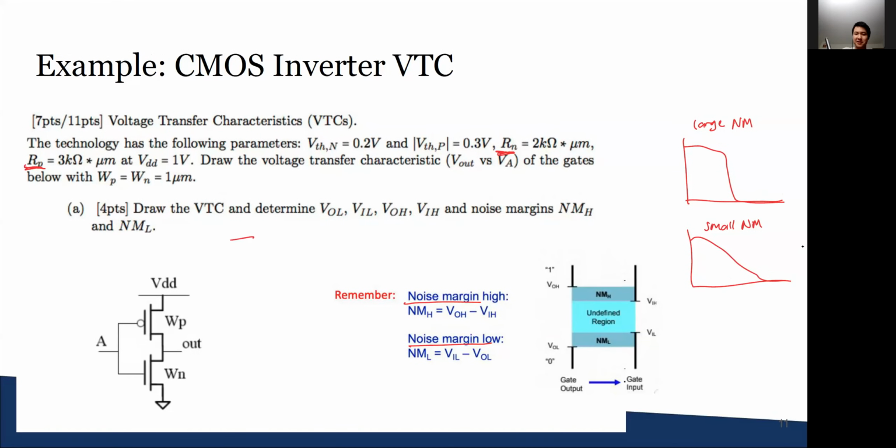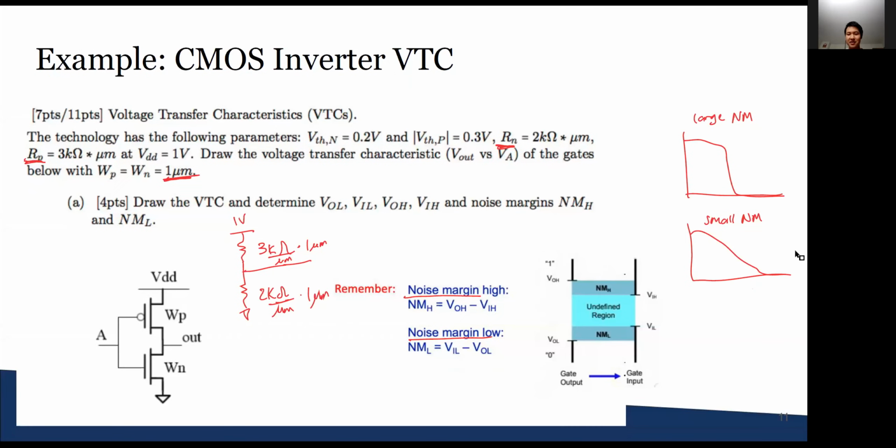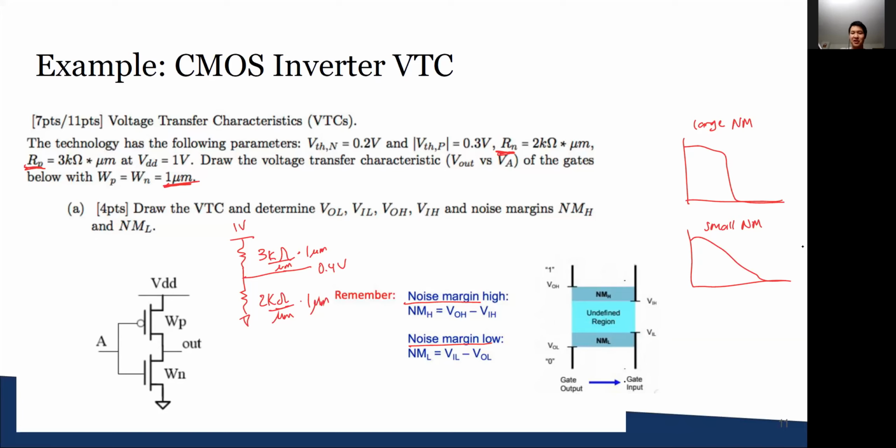If we have two different threshold voltages and different on resistances, it means that if we have some situation where the input causes both transistors to be on, we have 3 kilo ohm and 2 kilo ohm. If this is 1 volt, what would this output voltage be? This output voltage would actually be 0.4 volts. And you can work that out yourself because this is a resistor divider. If you have 3 kilo ohms on top and 2 kilo ohms on bottom,